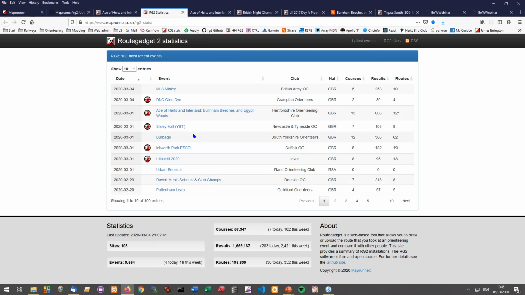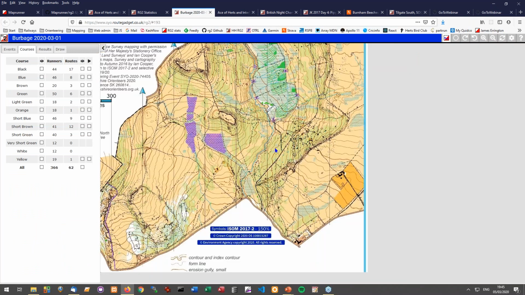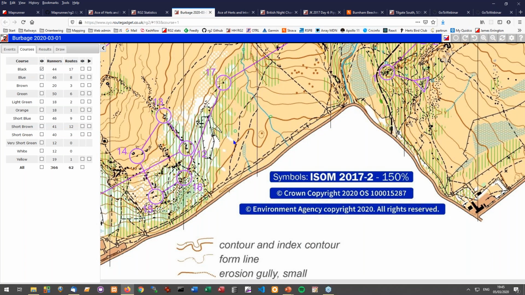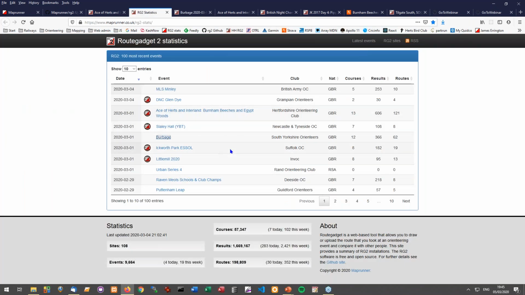So this is a really nice way of seeing all the events, and this is, to me, one of the beauties of British orienteering, that I can go back to last weekend and just see the huge range of events that were put on. You see the Scottish terrain, you see the south of England terrain, all sorts of different stuff. We've been looking at the Ace of Hearts and Burnham, which many of you will have been at, and Burbage, this wonderful rocky area near Sheffield. You can see they in fact had a special enlargement of some of this because it was so complicated. But just the sheer variety of events that you see coming through.